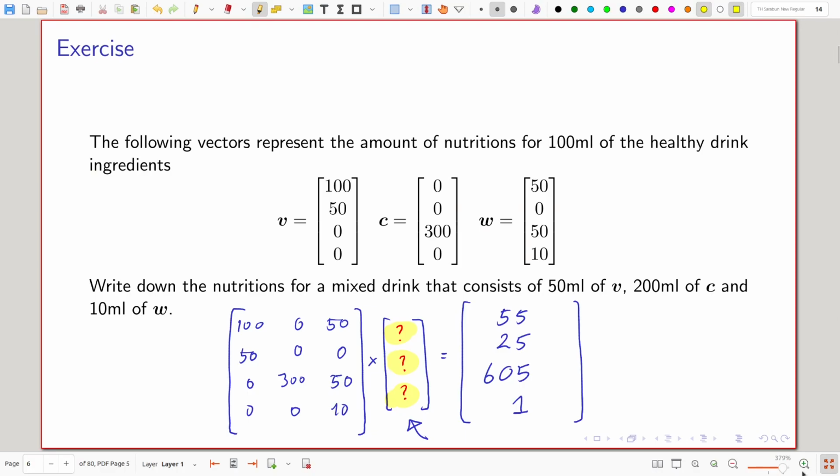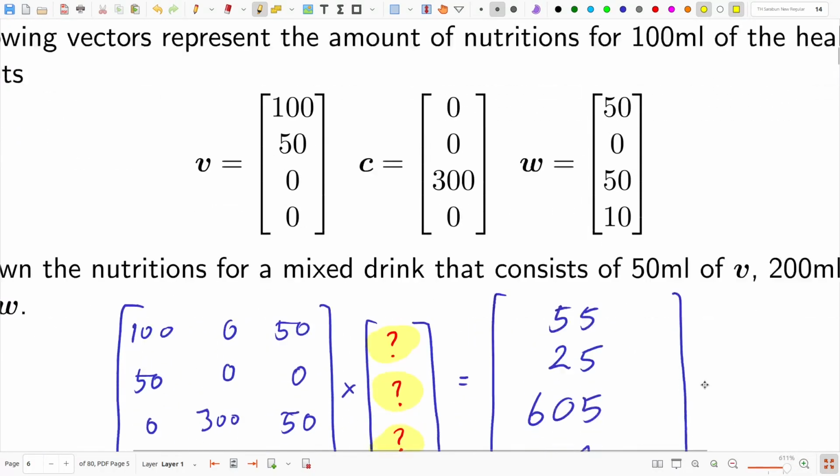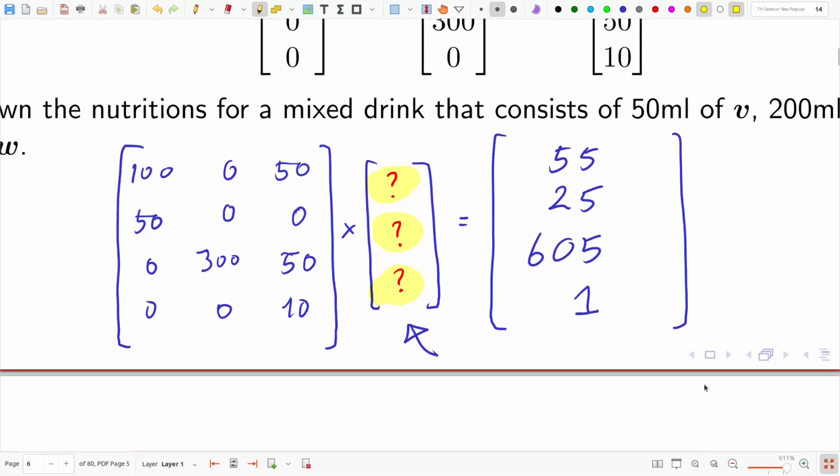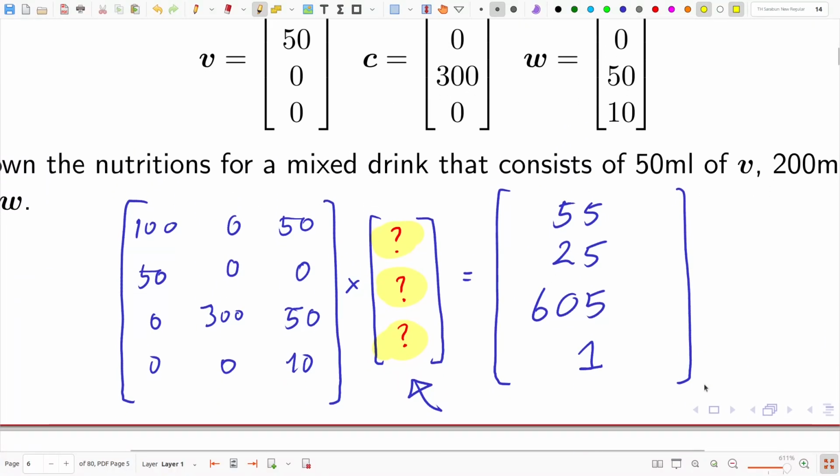Okay, so let me zoom down. Okay, so when we do matrix multiplication like this,